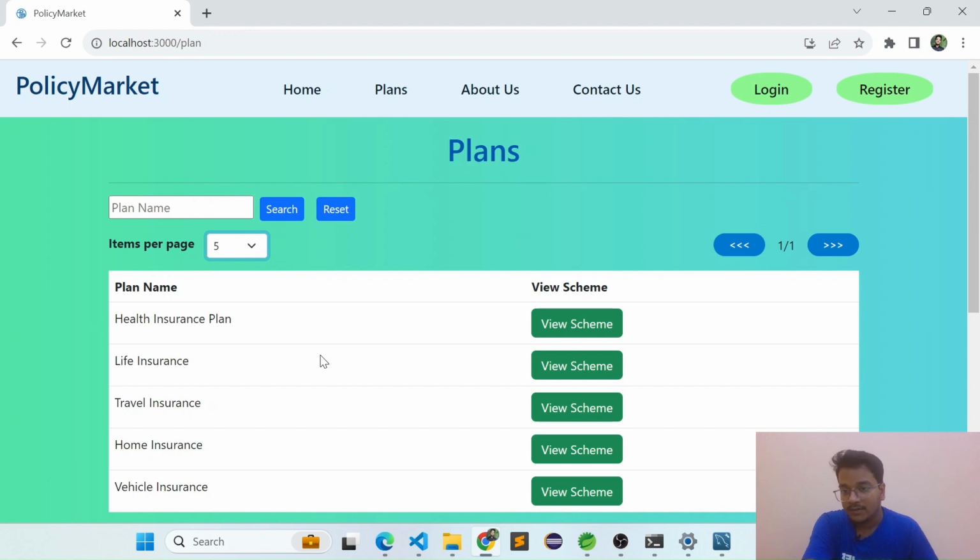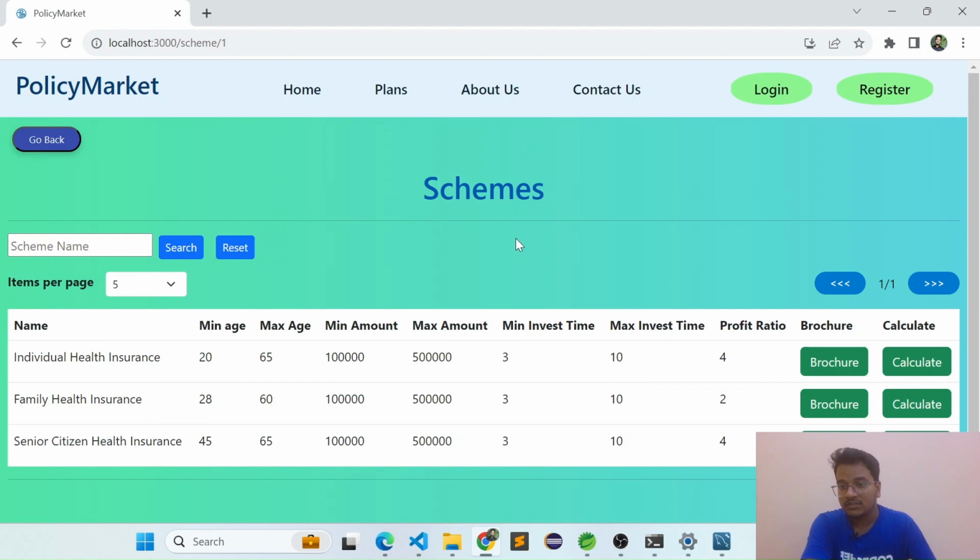Okay, so there are plans like health, life, travel, home, vehicle. If a user wants to purchase a plan related to health insurance, he can click the view scheme button, and as he clicks on the view scheme button, the schemes tab will open, and the user can see the different schemes like individual health insurance and family health insurance, which are related to health insurance, and the detailing like what